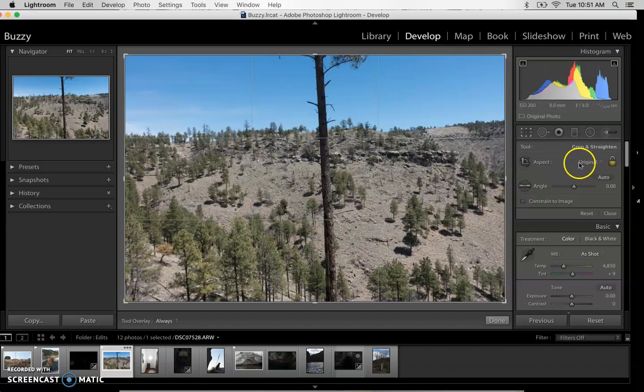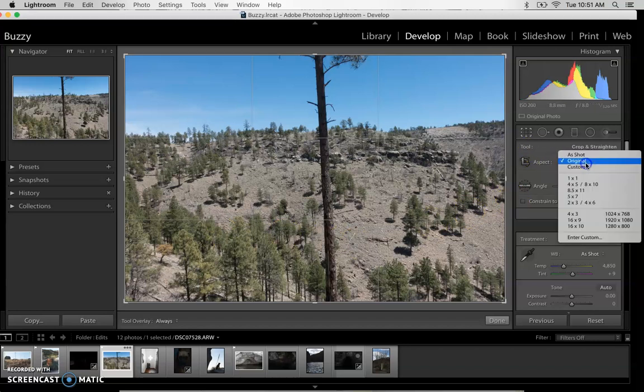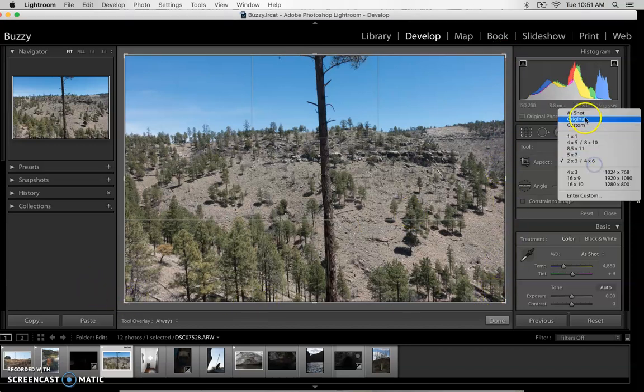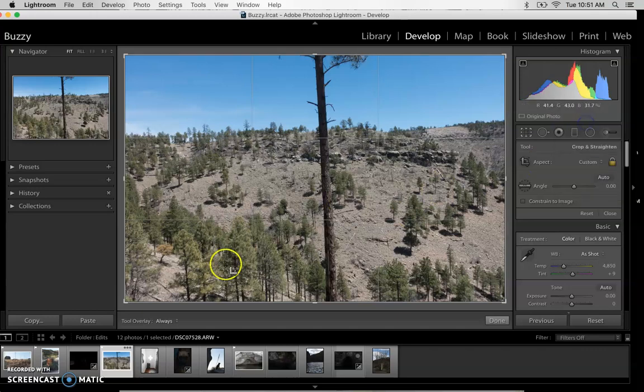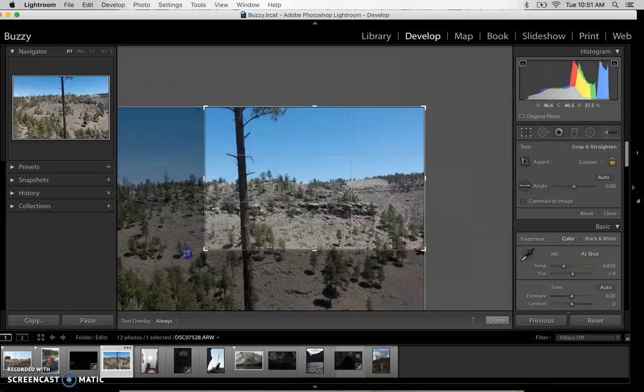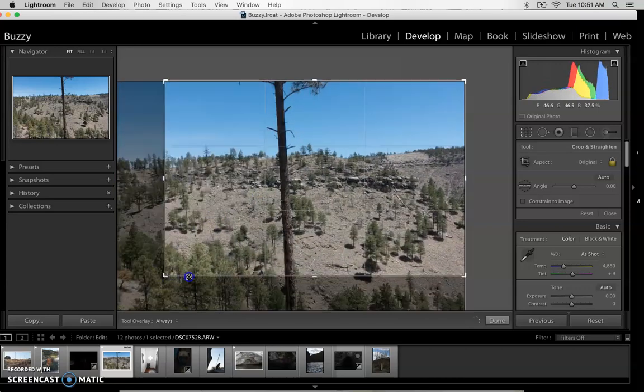So if we go over here, we can pick an aspect ratio. Original is your original aspect ratio. Let's go down and see 2 to 3 and see if that is what my camera shoots at. Yep, it is, because it didn't change. This is your bounding box right here. If we hit custom, we could crop this photo any way we want, right? We probably don't want to make some weird